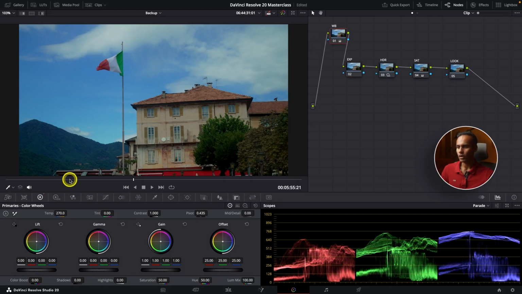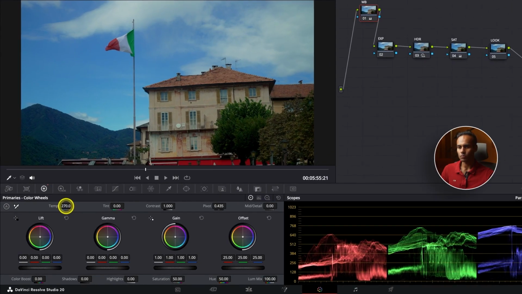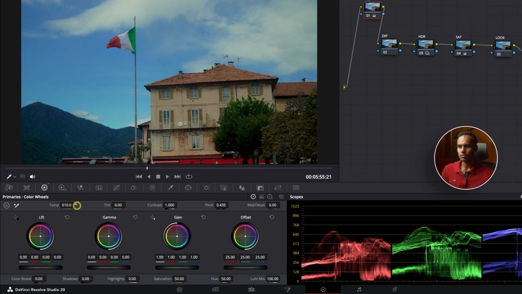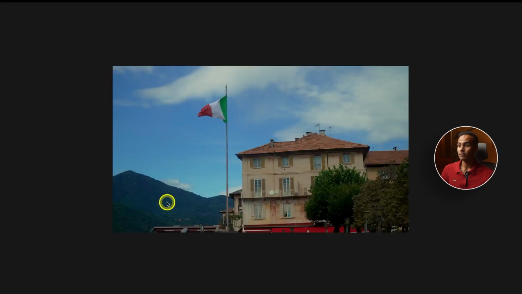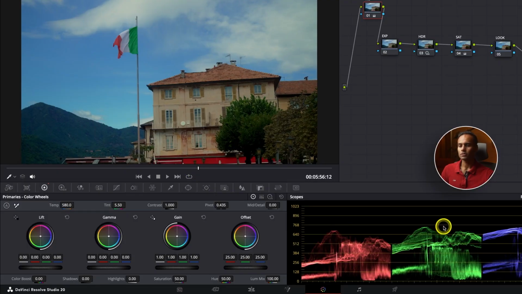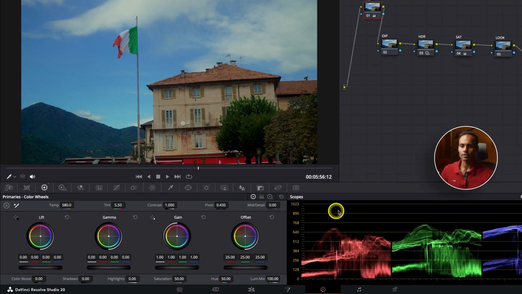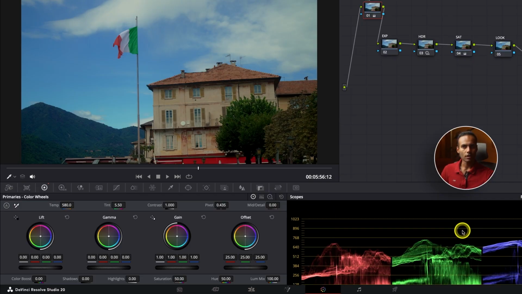So let's take care of the white balance first. I would introduce some warmth just to bring everything into the same spectrum. This kind of looks good, maybe a little bit of pink as well. So let's go before and after. You can see there was so much blue, the whites were looking a bit bluish. And now we took care of the white balance. It looks pretty good. But of course, you can see that there's a lot of room here for the image